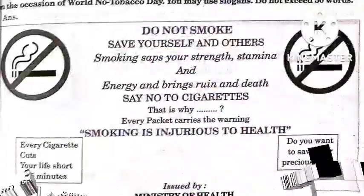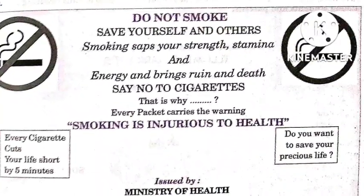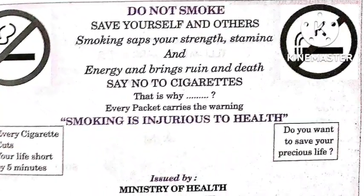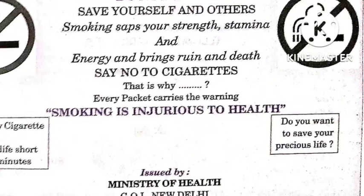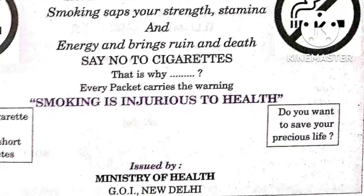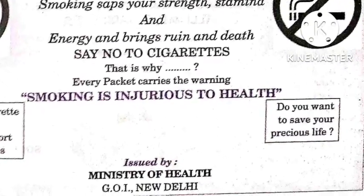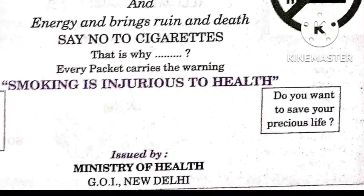Do not smoke, save yourself and others. Smoking saps your strength, stamina, and energy and brings ruin and death. Say no to cigarettes. That is why every packet carries the warning: smoking is injurious to health. Now on the